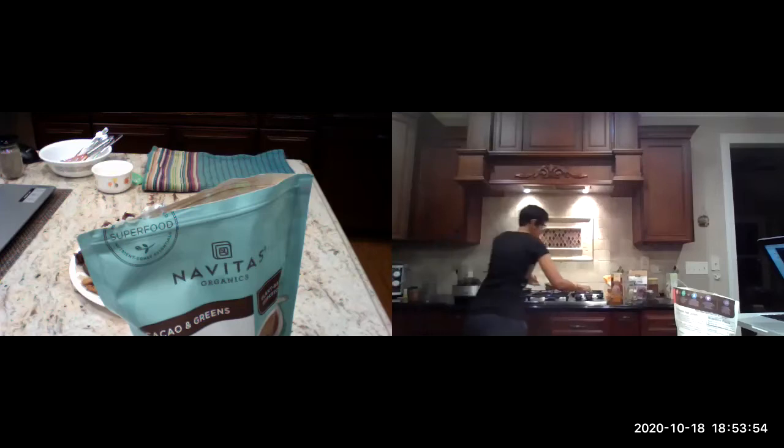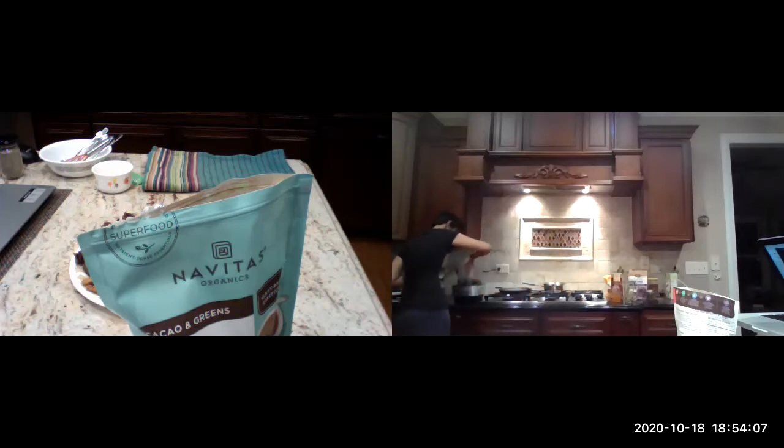By the way, the turmeric broth has started boiling, and it smells amazing. Okay. All right, so I'm just going to add literally a pinch of sea salt, and